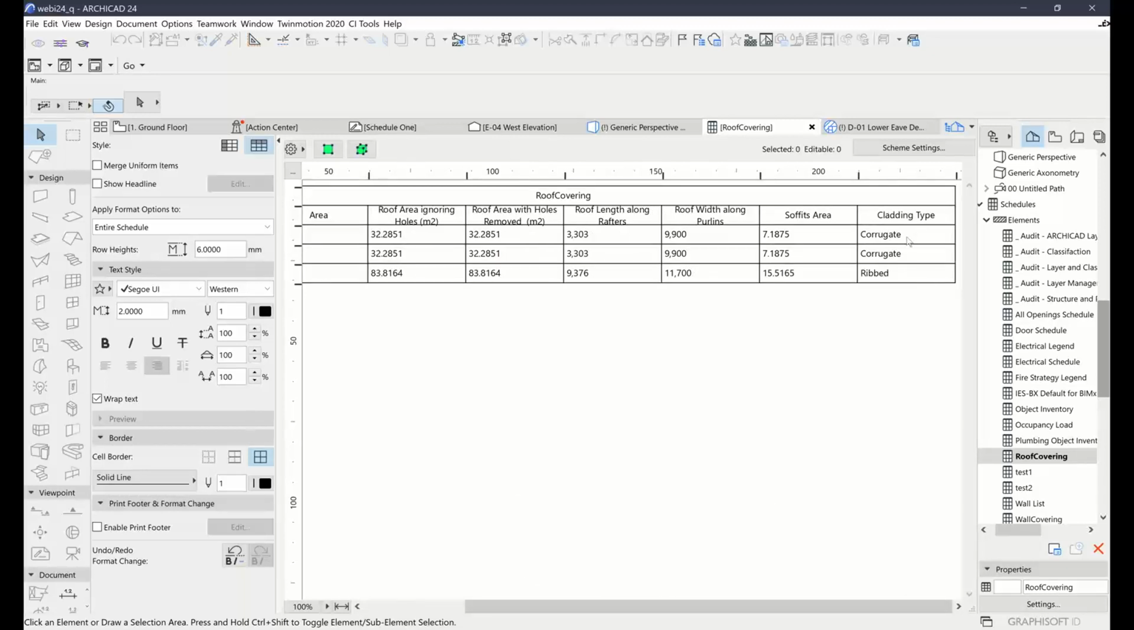So you can see the cladding type is listing the preset names again. One of them is using a ribbed profile, and the other 2 are using corrugate. We've got feet area, the roof width along the purlins and on the rafters. See the length values there. These 2 are the symmetrical parts of the roof, so they have the same length and width and area,